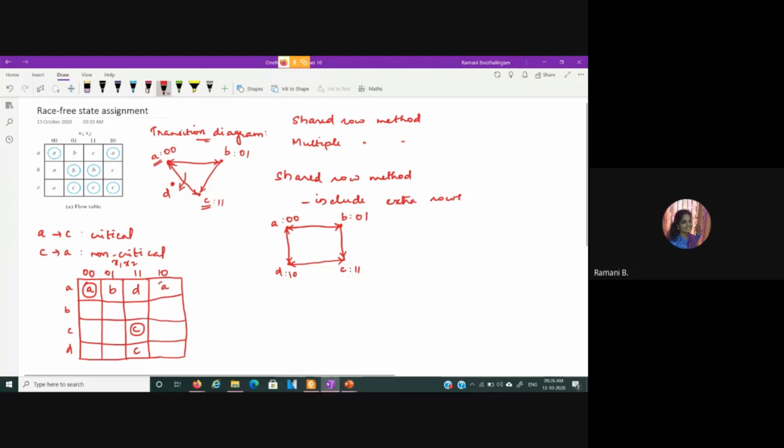Do you understand that? Ma'am, can you explain this once again? Wherever there is a transition from A to C or C to A, I am going to do it as A to D and then to C. Similarly, C to D and then to A. So here I have the transition as A to C. Instead of going directly to C, I introduce the state D over there. Then from there, with the same input condition, I go to state C, D to C. Then from there, it will go to the stable C value. Do you understand now?